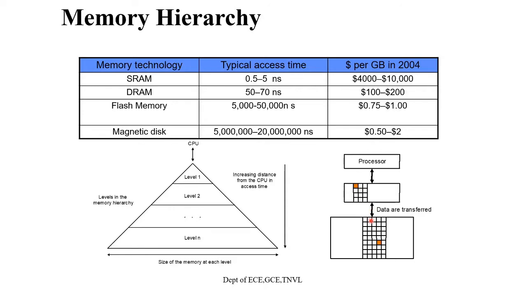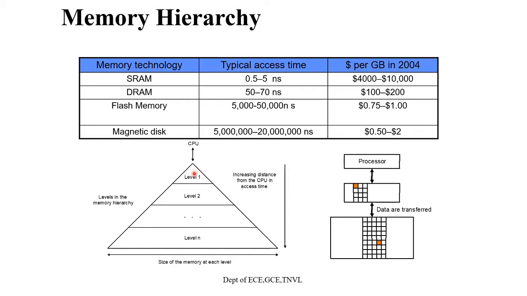We are concentrating in this chapter on only two levels. The level that is closest to the processor is called the upper level, and the level that is a little farther from the processor is the lower level. At the base of this memory hierarchy, the memories placed in the lower levels are very big, but the access time by the processor is very slow. The memories placed close to the processor are very small, but very fast.